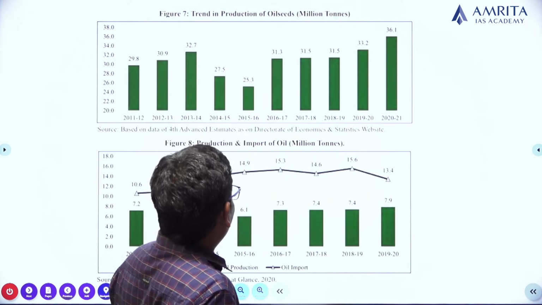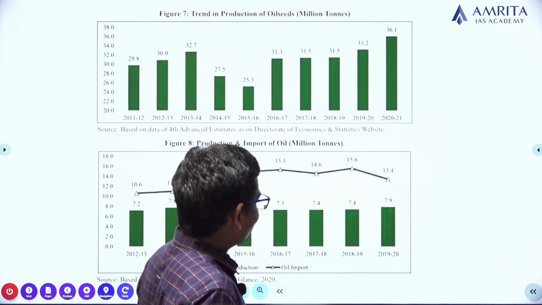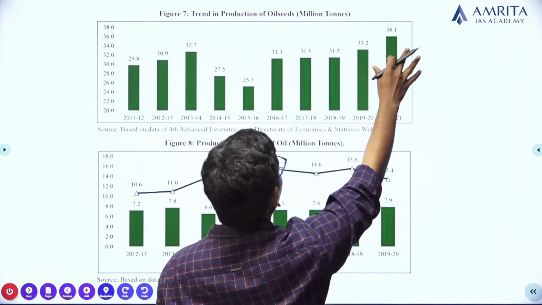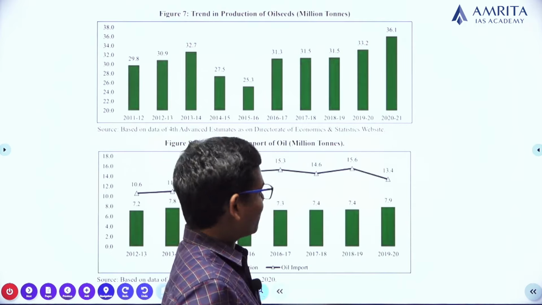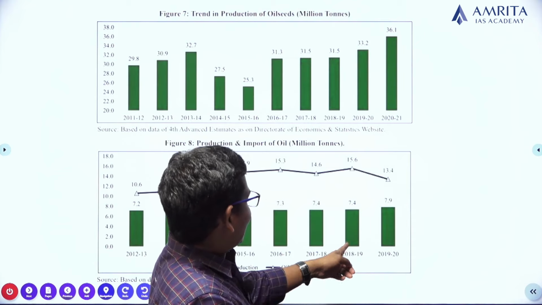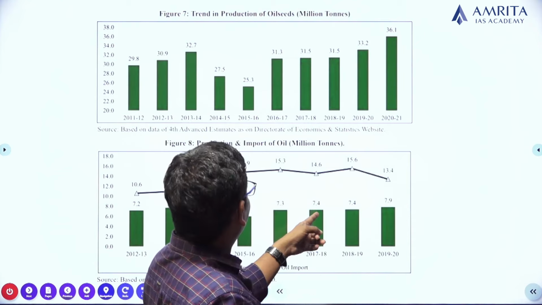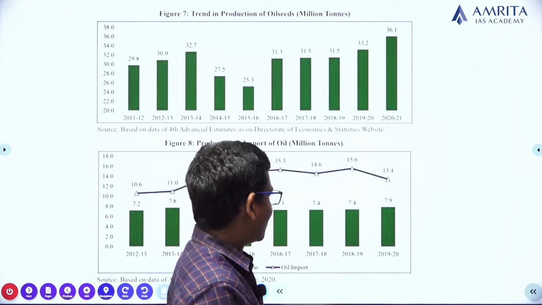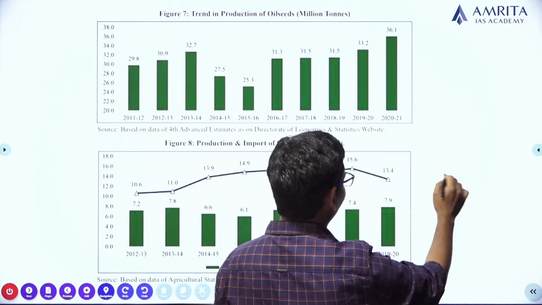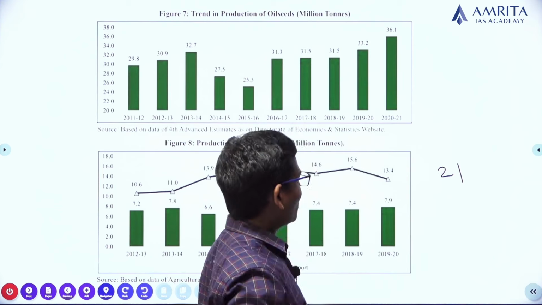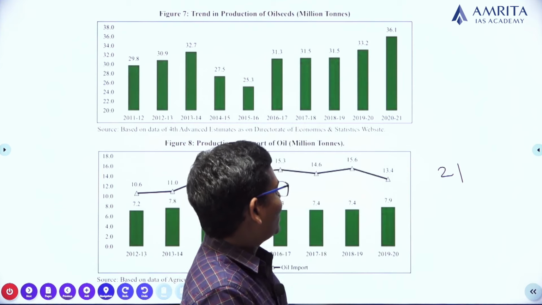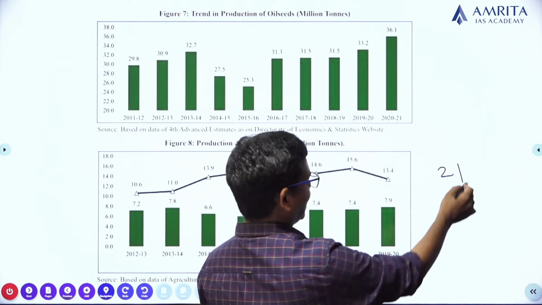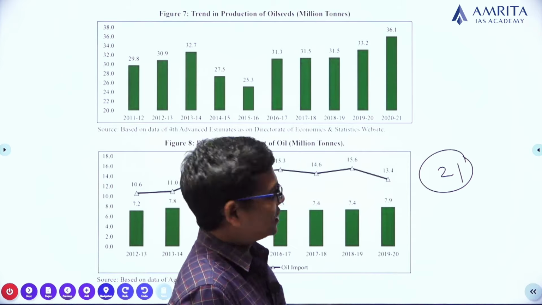But if you see production and import of oil in million tons, this is the production. It's not about oil seeds. Whatever oil seeds we are producing, with that this much amount of oil we are making. See, 7.4 million tons we are producing. We are importing almost 13, sometimes 14, 15. You can understand 13 plus 8, 21. In that 21, 8 we are producing and 13 we are importing, means more than 50% we are importing in our total requirements. This is how you have to come to a conclusion as far as the oil seeds